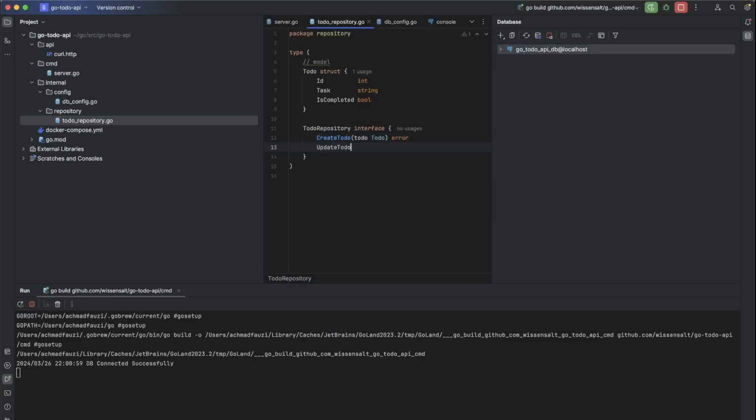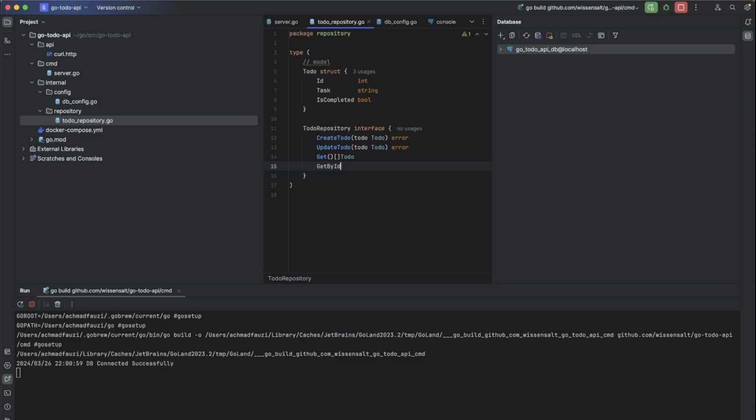Update todo with todo parameter, also returning error, and get all todo without any parameter, which is returning list of todo.